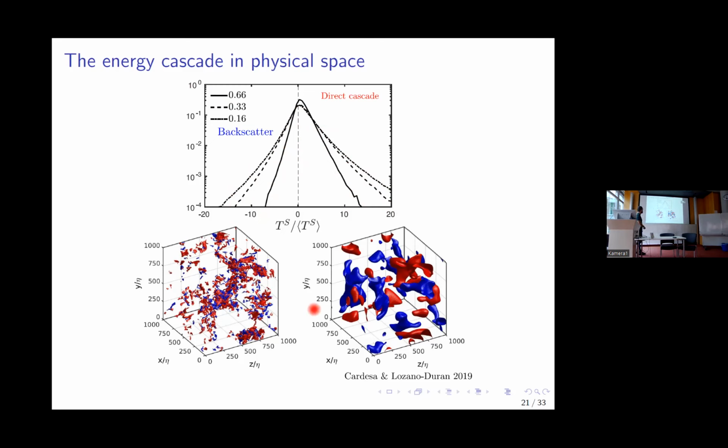And you actually visualize them, okay? I mean, they look quite conspicuous. They seem to be there. You take the red spots here, direct energy transfer, this direct cascade, and you look at the blue structures, they are what is called backscatter. It's energy that is coming from the unresolved scale to the resolved scale. And this is quite